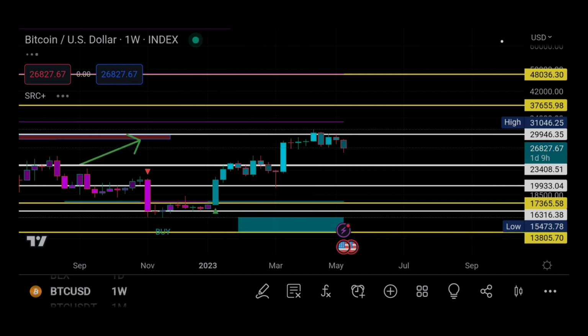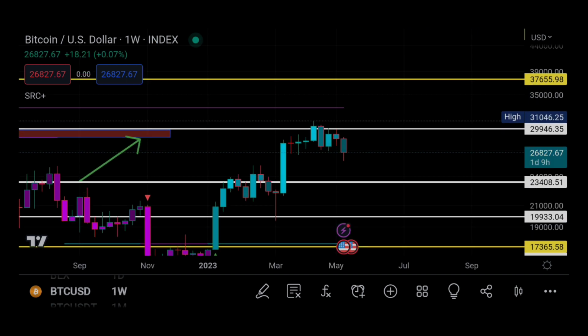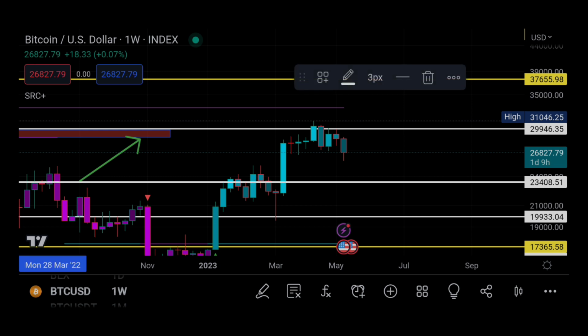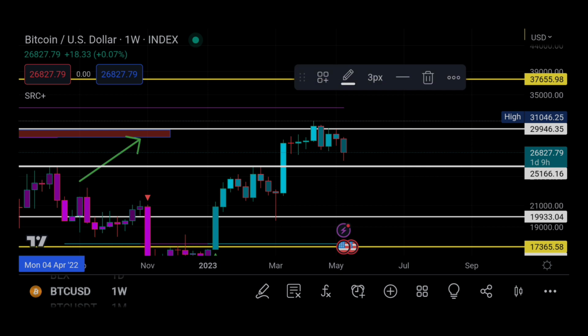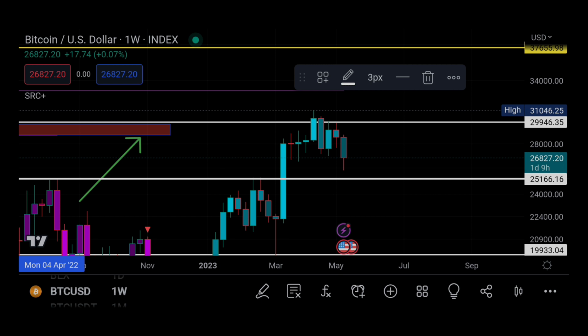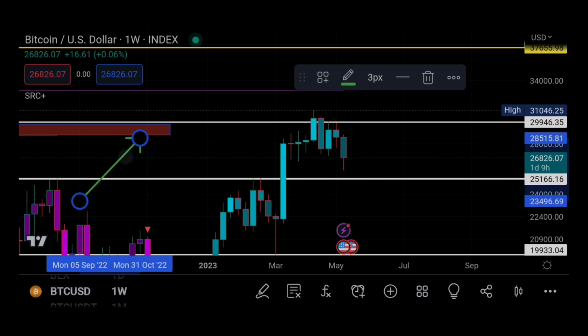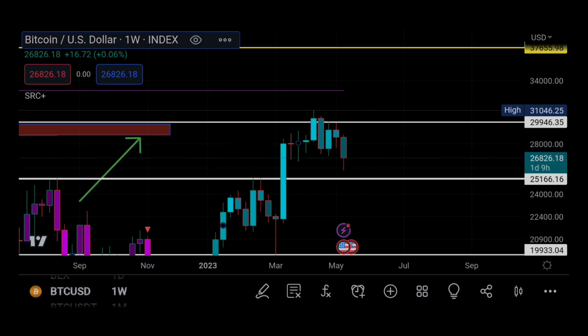When I go to the weekly, what I see is this is definitely bullish. There's nothing bearish about this. We do still have this particular zone here, for us to perfectly bounce the 25,000. We can bounce on that and move up, but that's not the most important thing. What's more significant is this particular area where I've put this green arrow.